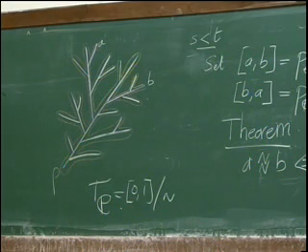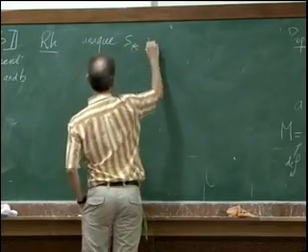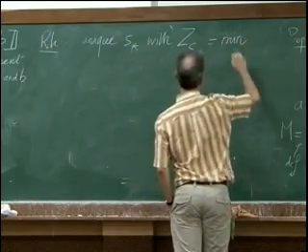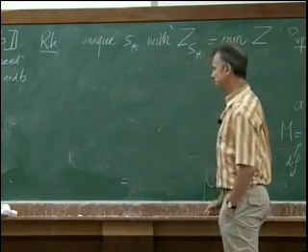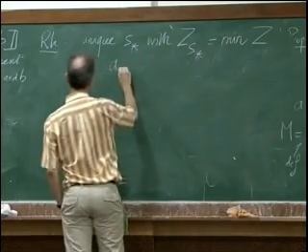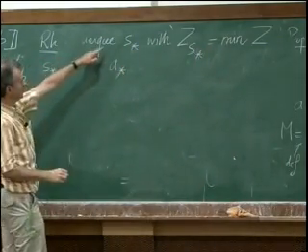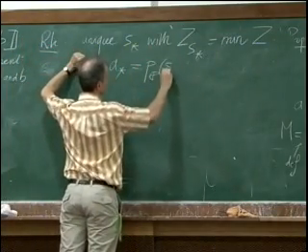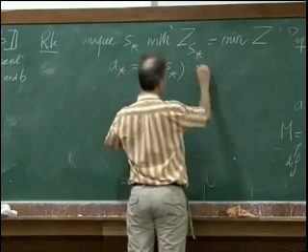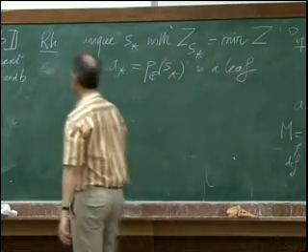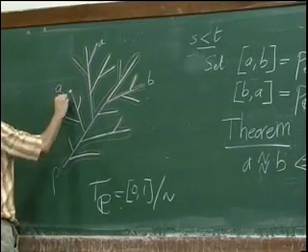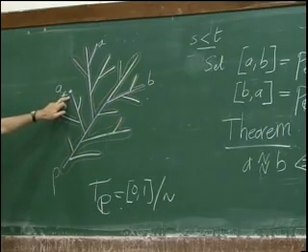So the remark, as I said before, is that there is a unique S star, with S star equal to the minimum of Z. And the fact that it is unique ensures that if I look at the corresponding vertex on the CRT, this is a leaf. So you have somewhere here, maybe let's put it here, a point A star. This is the point where you get the minimal label.